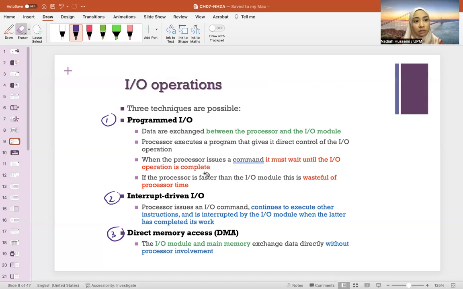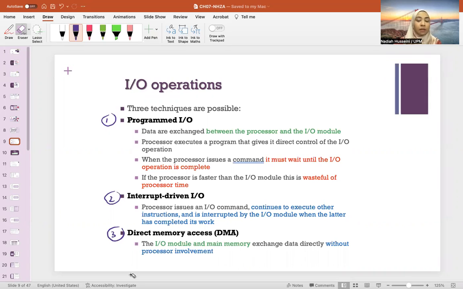We have seen this in multiple interrupts, right? And then because of that, you have an alternative technique called interrupt-driven I/O, which aims to maximize the processor capacity, so the processor does not have to wait. The processor issues an I/O command and continues to execute other instructions. It doesn't remain idle and is interrupted by the I/O module when the latter has completed its work, which is great. But everything still has to go through the processor, which is okay, but it still uses a lot of